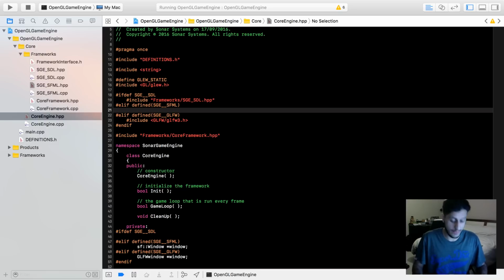Cut that. Hash include frameworks, SDL, SFML,